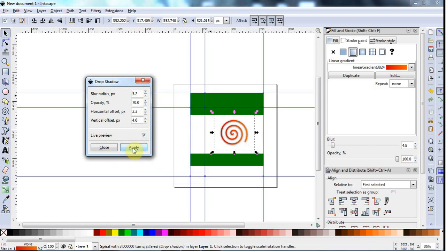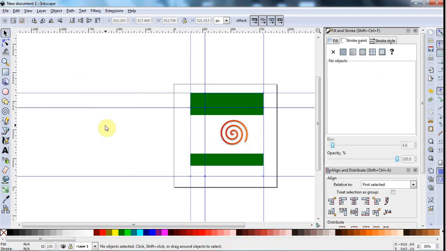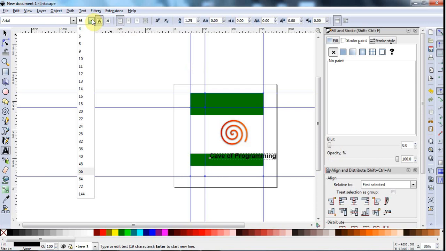So I'll click apply and close and click outside the box. So now I've got a logo on the front, and now let's just put some text on it to finish it off. So I'll click the text tool and I'll put some text here, and here I'll say Cave of Programming, and I'll go to the font size up here and make it maybe 40, and I'll change that to white,